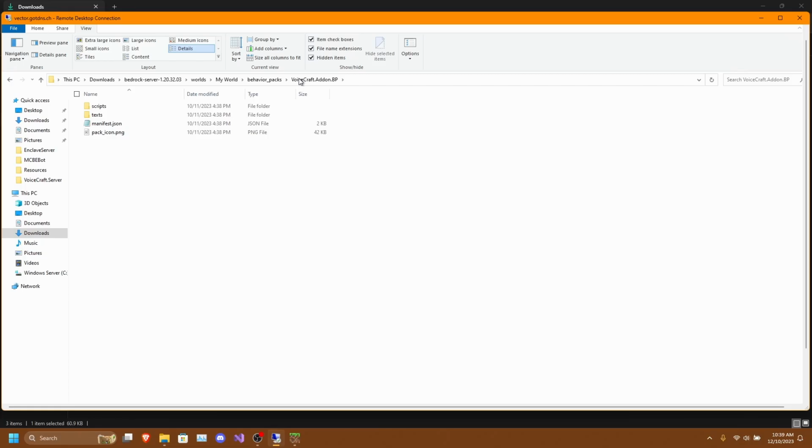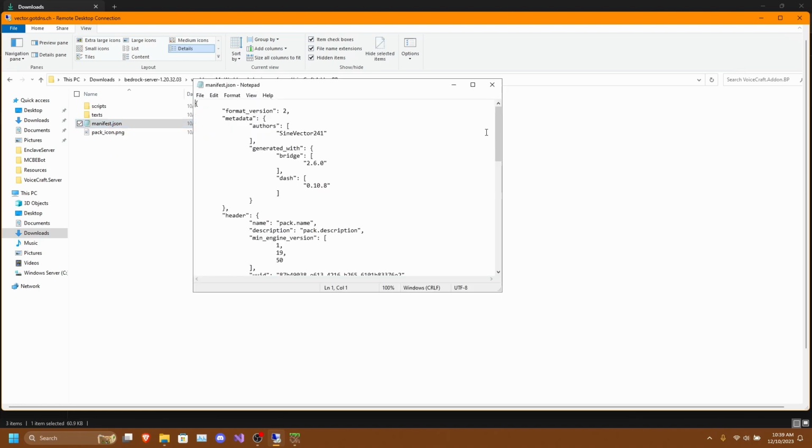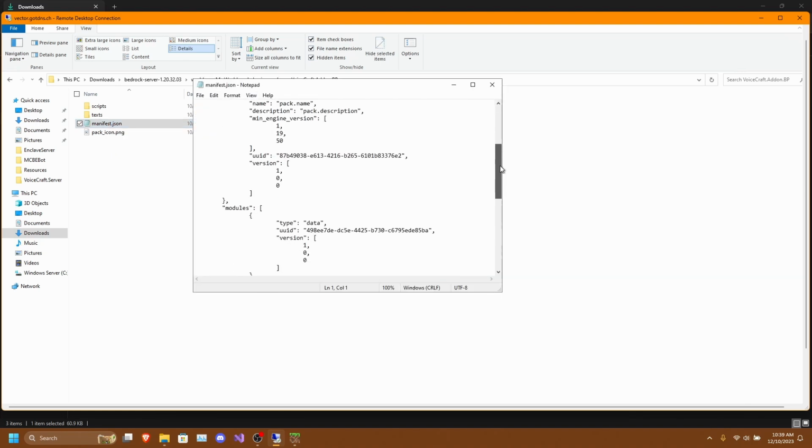And to do this, for the first one we'll be doing is the behavior pack. So voicecraft.addon.bp, then open up the manifest.json, scroll down until you see UUID.